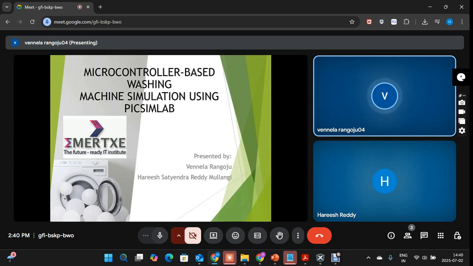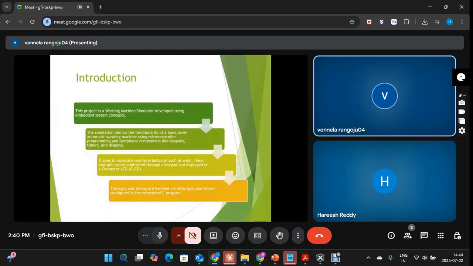We have built this system using C and embedded C in the software MPLAB X IDE, which is specifically used on the PIC16F877A microcontroller. So coming to the introduction, this project is a simulation of a real world washing machine, but instead